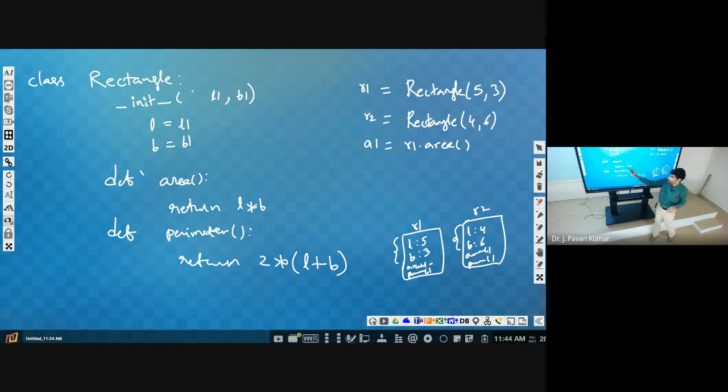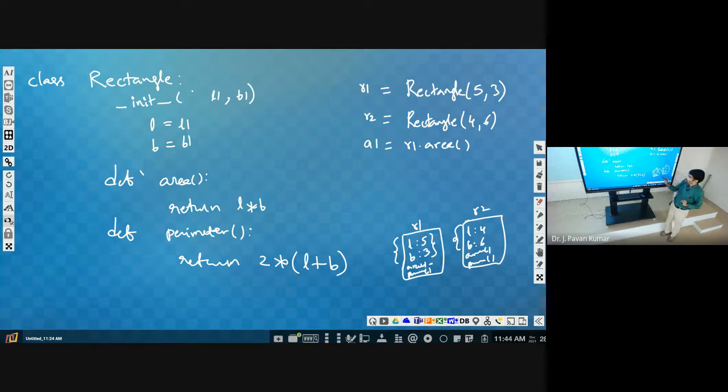Then area function statements are there, those statements will be executed. So it will access L into B. That means whatever the copies which are available with R1, with those values only, it will perform L into B and it will return the value. Okay. So it will assign A1 as area, that is 5 into 3.